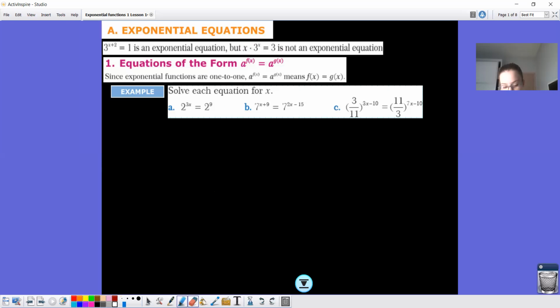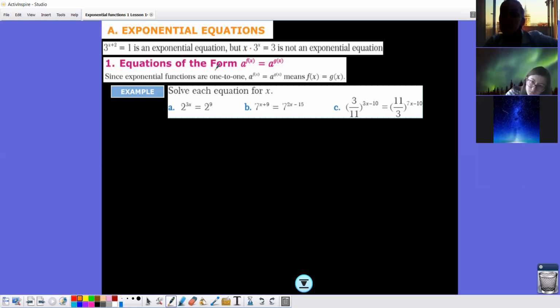Exponential equations are the equations when the variable is on the power, okay? Now we will have different forms of exponential equations and how we are solving them. So the first form,